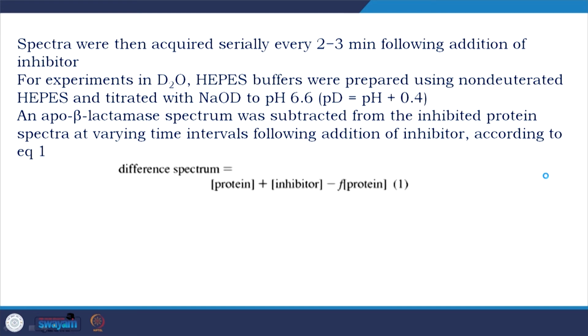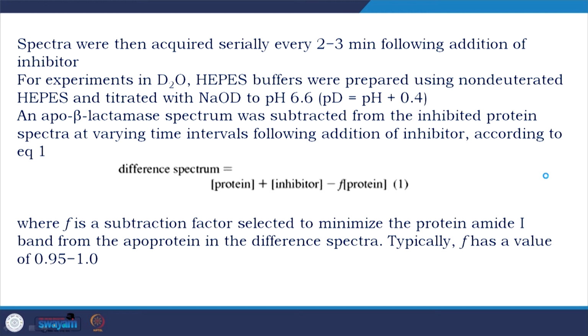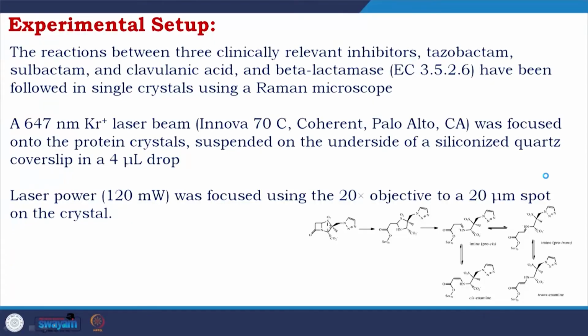According to this equation, the difference spectrum equals protein plus inhibitor minus F times protein, where F is a subtraction factor selected to minimize the protein amide one band from the apoprotein in the difference spectra, because you are expecting to study the beta lactams, who also have, if you look at the structure, you see they also have a